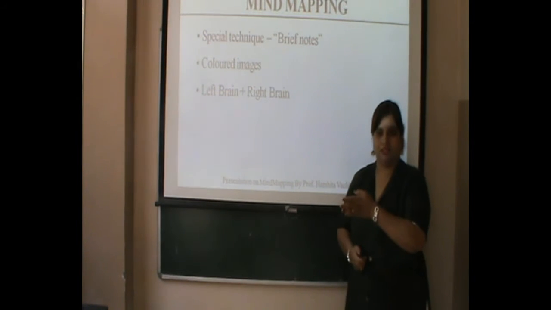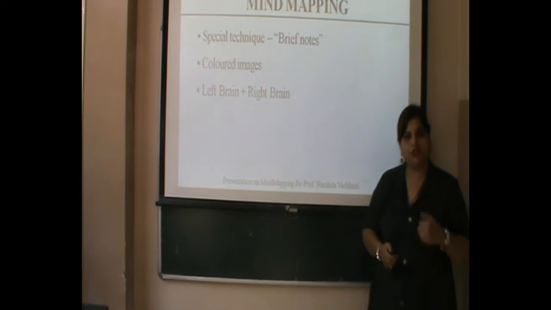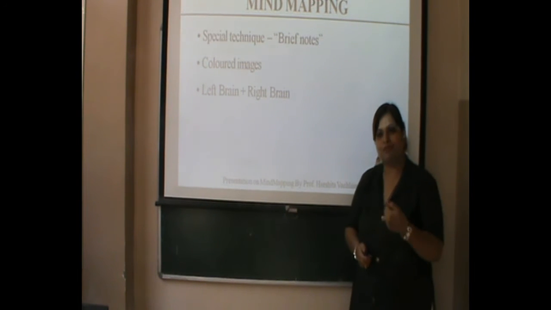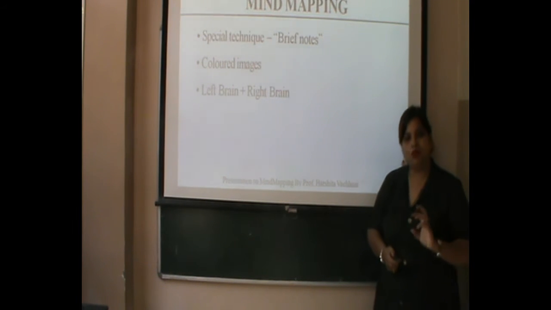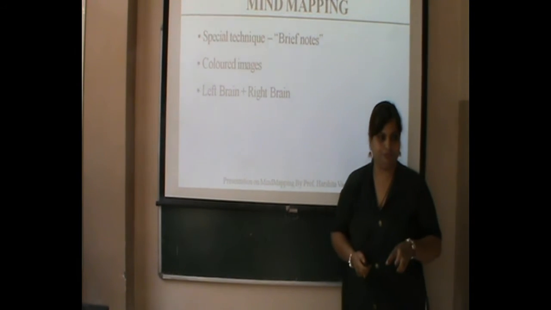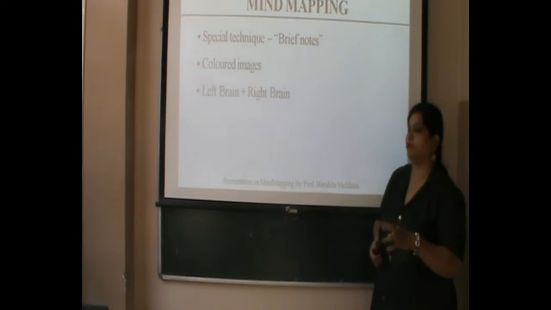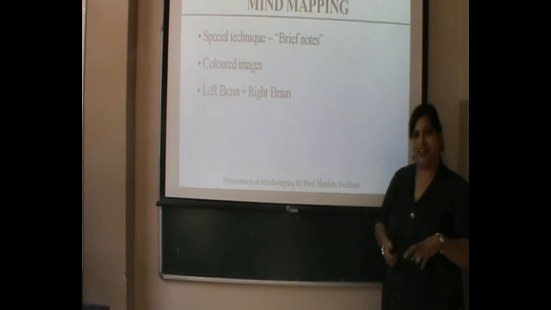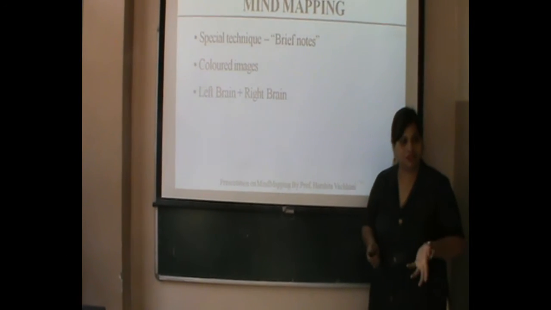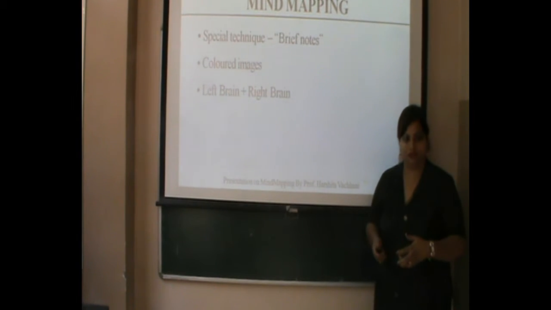The left part is the logical part where logical thinking is done, and the right side is nothing but your creative thinking. In concept mapping, we use only the logic. We don't use creativity in that. Only a small part of creativity is used, right? But in mind mapping, both sides of the brain are equally used. And mind mapping is used to give brief notes about your content. And always in mind mapping, we use colors, pictures, images, so that it is easy to remember.